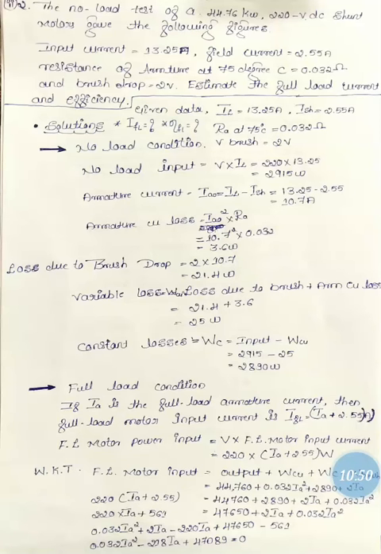Now first write down the given data. The line current is given, that is 13.25 ampere. Then the shunt field winding current is given as 2.55 ampere. Then the armature resistance at 75 degrees Celsius is given, that is 0.032 ohm. Then the brush voltage is also given, that is 2 volt. Then we need to calculate the full load current, IFL, and the full load efficiency, eta FL.